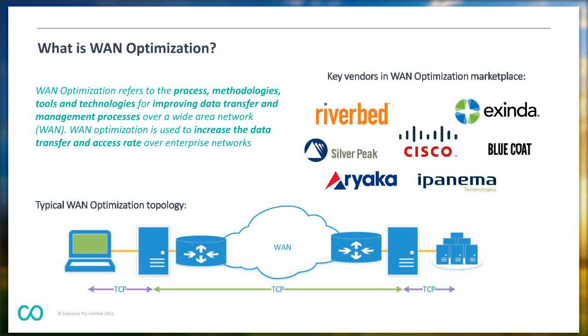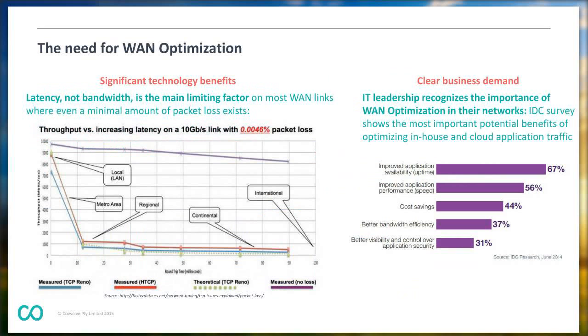So this is a pretty tried and tested methodology, and from a technical perspective, if you're operating in this environment, it does work well. We'll talk in a moment about some of the challenges and scenarios where this doesn't work well, but there's really no argument about the technical benefits of this type of approach. And if you look at the detail of what that means, you can see that in almost every type of wide area network, adding WAN optimization will improve the response time of the applications running across the links quite significantly.